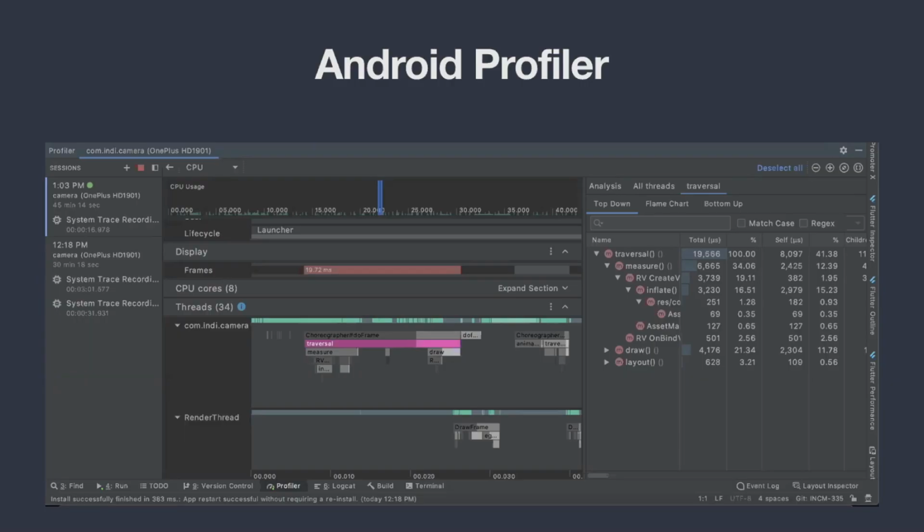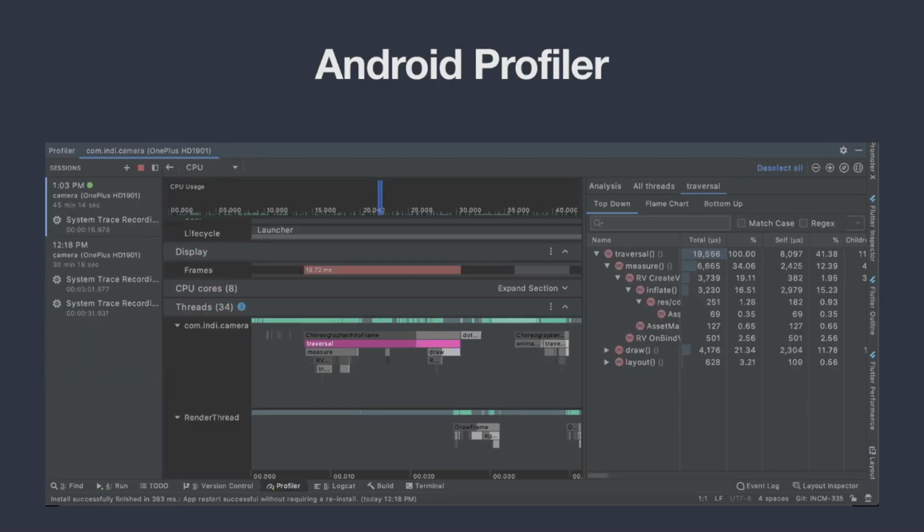There is a red frame just under the display section, which took approximately 19 milliseconds. To avoid the jank, we wanted that 16 millisecond window, so that's why it's red here. On the right hand side you can see a breakdown of all the functions which got executed and the time taken by each of them.